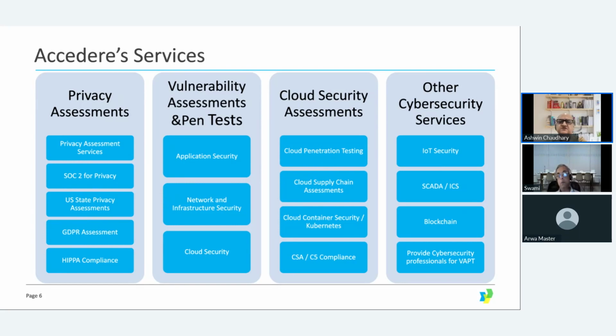In the VAPTs, we cover the application side, including mobile applications and web applications. In the network security, we cover the entire security architecture and the VAPTs in the cloud applications, cloud SaaS applications, and cloud infrastructure environments; all of that we cover as part of the VAPT. In the security assessments, we do cloud pen testing, cloud supply chain assessments, and container security, Kubernetes, Dockers, etc. We also do the CSA STAR, as we said, based on either ISO or SOC. In the other security services, we do IoT security, SCADA, industrial cybersecurity, blockchain, and we also